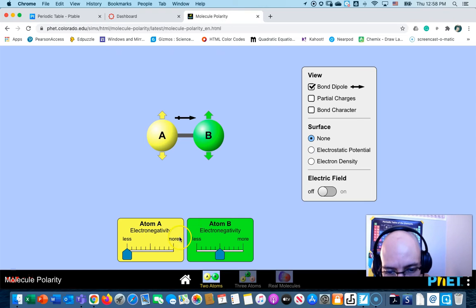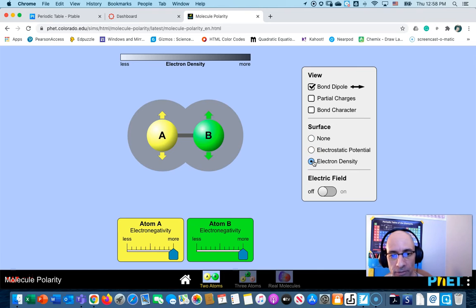So in this simulation, we have two atoms, atom A and atom B, and I can adjust the electronegativities, so I can decrease or increase the electronegativity of each atom. If we make them both the same, so both of them have high electronegativities, and we look